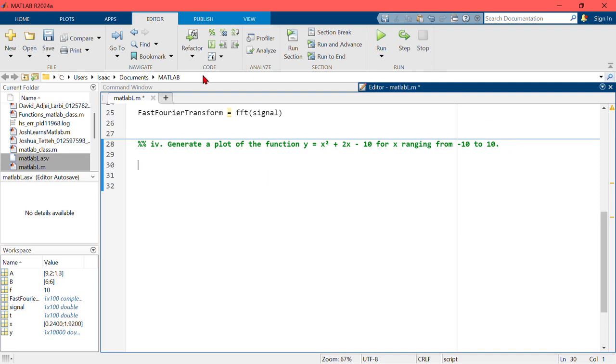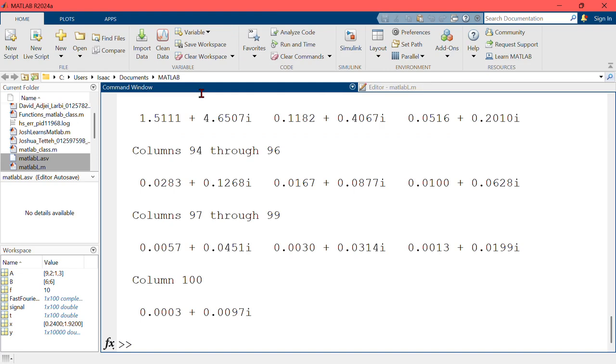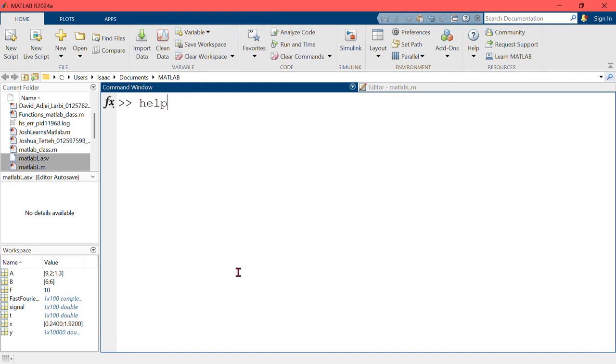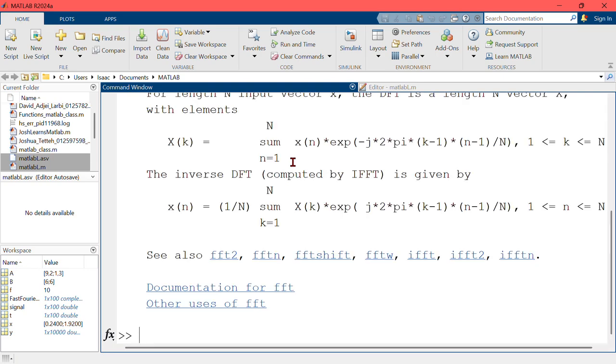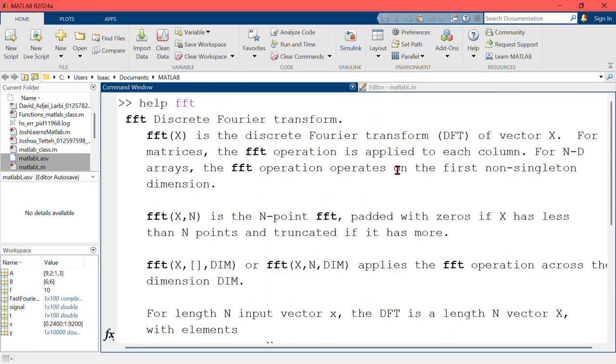But before we go into that, I want to just show you something about the fast Fourier transform. If you come to help in here, then you type FFT. Wait a second because my machine is a little bit slow. Just like I said in the first video, this will give you